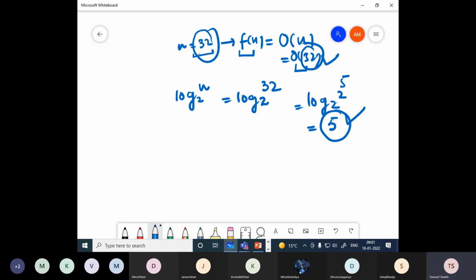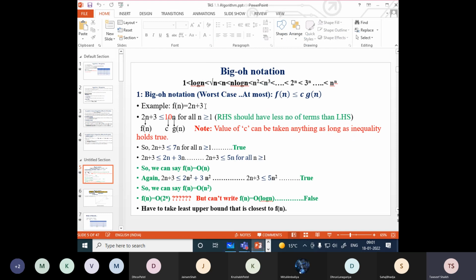So this means that any algorithm whose complexity is logarithmic is having smaller values than the linear one. And that is why in the presentation slide, I have arranged all these functions in the ascending order of their complexity. Log n, then square root of n, then n, then n into log n, because sometimes